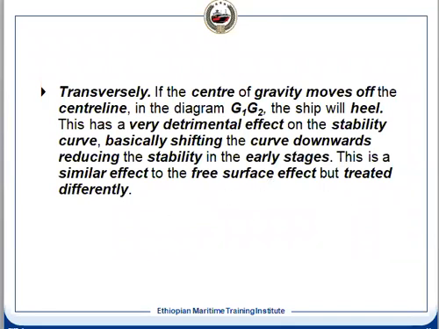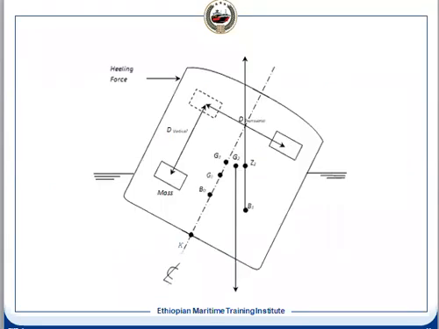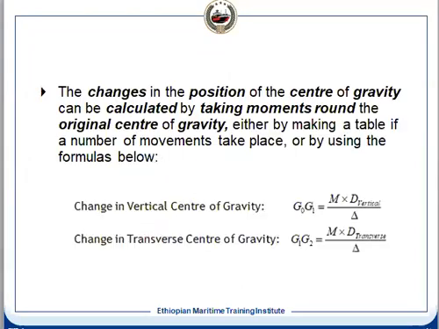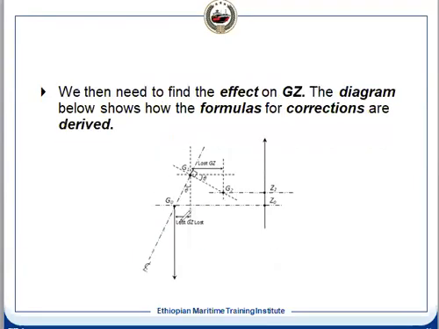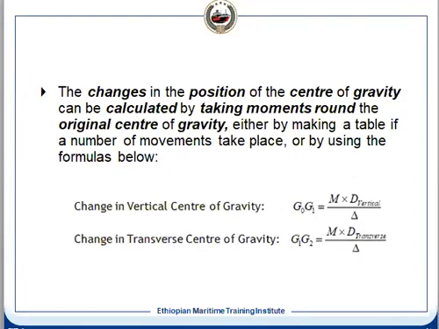We don't treat it this way because with the free surface effect it is liquid, so it can come back. In that case the structure should be made in such a way that it can be self-trimming. Again, it will move back to the origin, a similar position within the stability. So this is the way it will be treated, and we can find out how much it has shifted, using this formula.